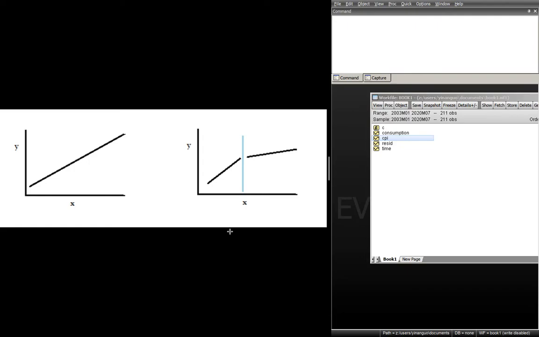Now let's talk about Chow test, which is used to test if there's a statistically significant breakpoint that splits the data into two parts. You can refer to the picture over here. This means that you have a dataset and you know that there was an event, which is illustrated by the blue line here, that happened during the period of time when your data was collected, and it might have an